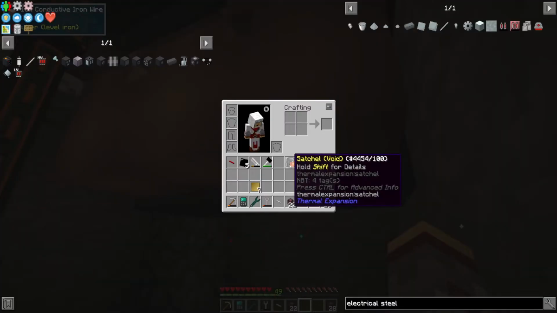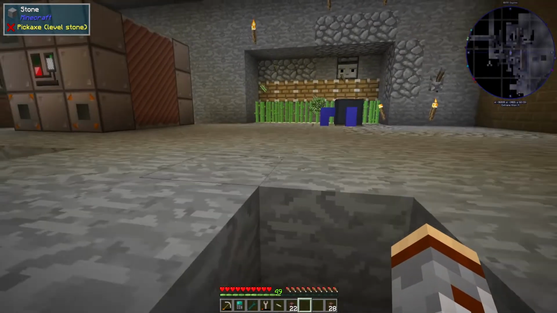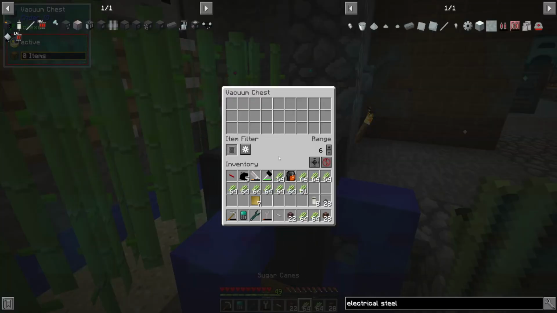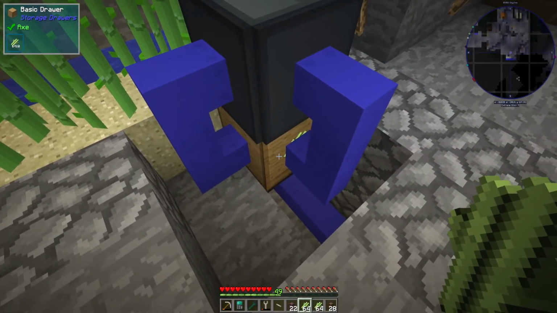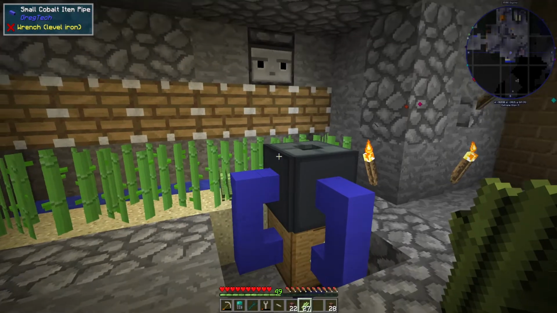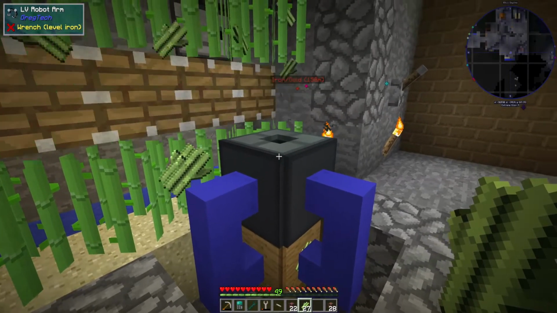I think it's like 32 times 6 times 4. Yeah, we're generating 768 RF per tick, so we should be fine just to let it run. What the heck is going on here? Okay. Why isn't this...